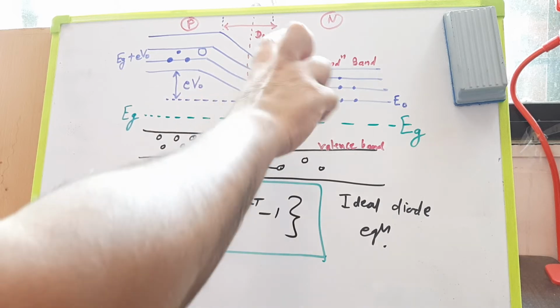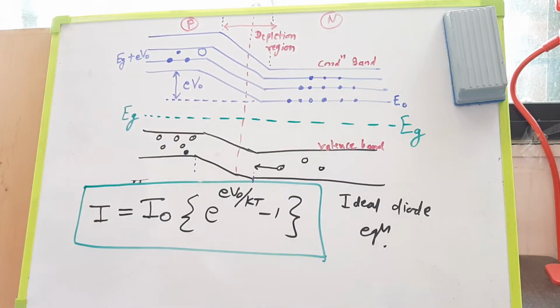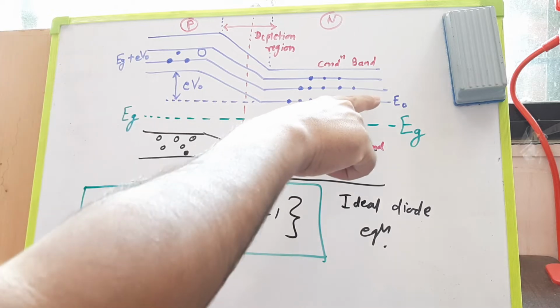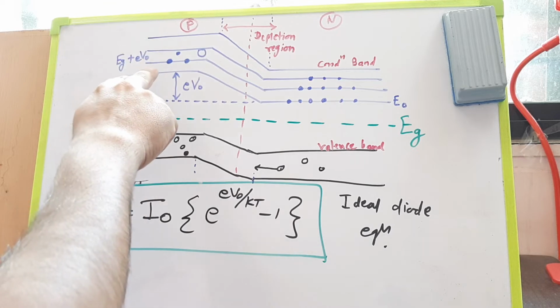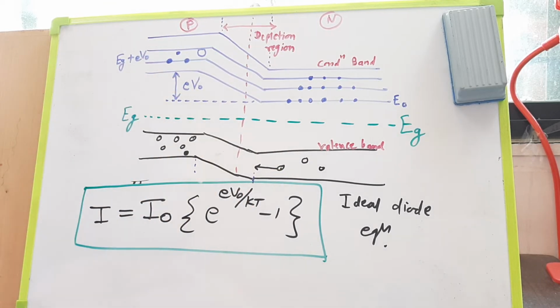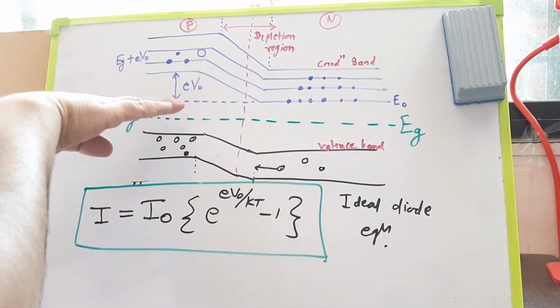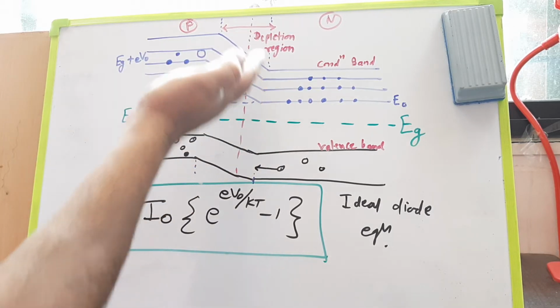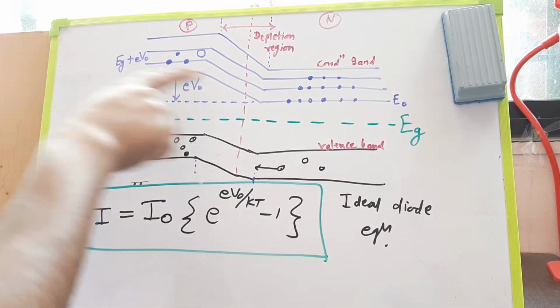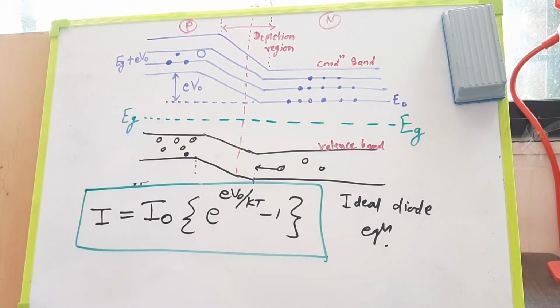You see the conduction band has more number of charge carriers. You don't need to go into more detail. The difference between the n part and p part of the conduction band is eV0. So effectively the energy at the conduction band of the p side is Eg, which is this, plus eV0. So I guess that should be good enough.